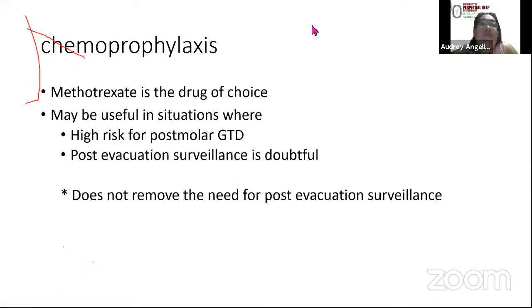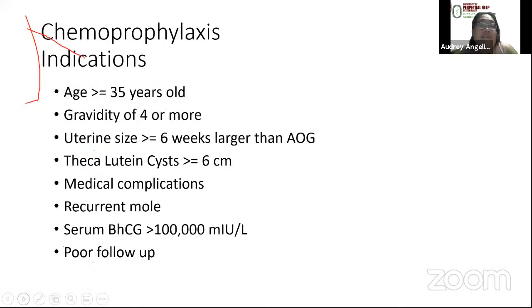Okay. So the medical chemoprophylaxis drug of choice is methotrexate. This is useful in situations where there's a high risk of post-molar GTD and post-evacuation surveillance, which we will deal with later, is doubtful. So it does not remove the need for post-evacuation surveillance. So these are your indications for